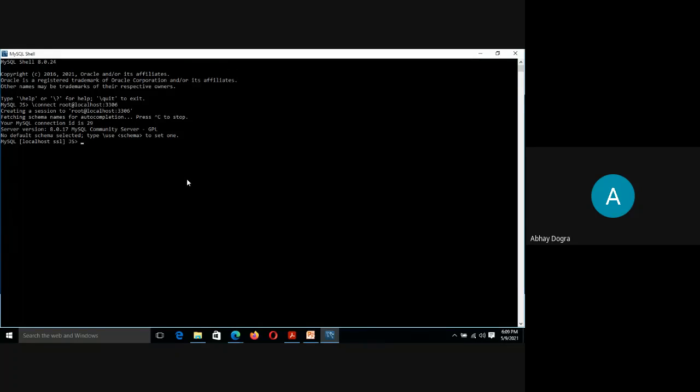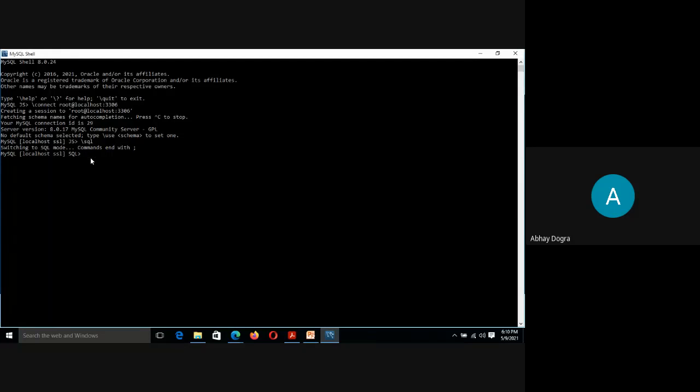To change the prompt, all you need to do is write \sql and press enter. Now see the change. The prompt is ready now, and it shows that it is ready to take SQL commands. In place of JS, now we have SQL.